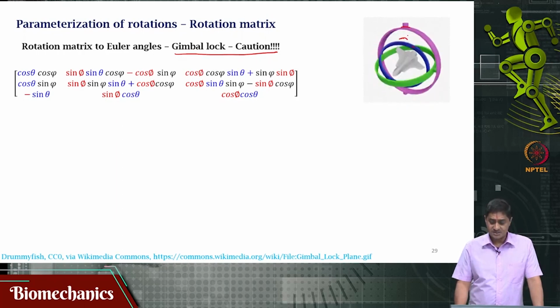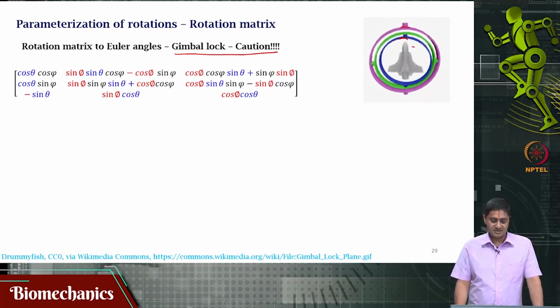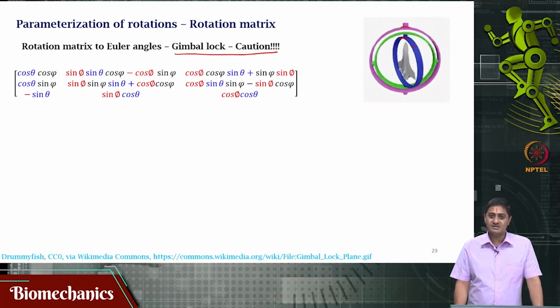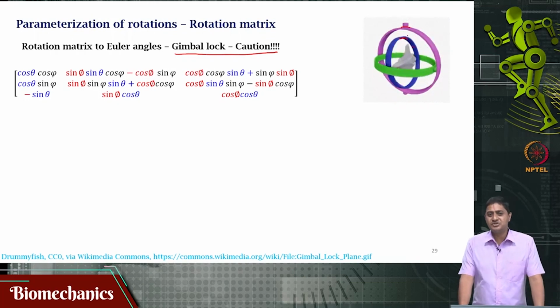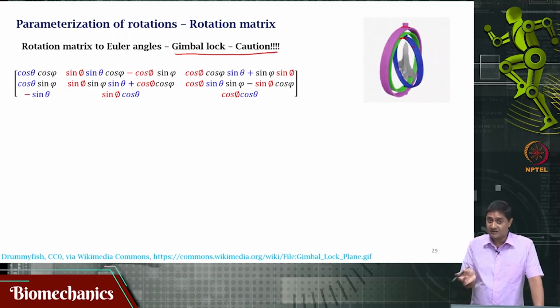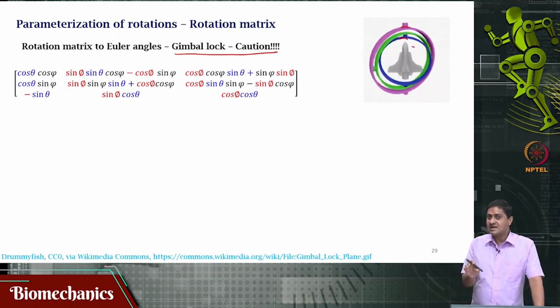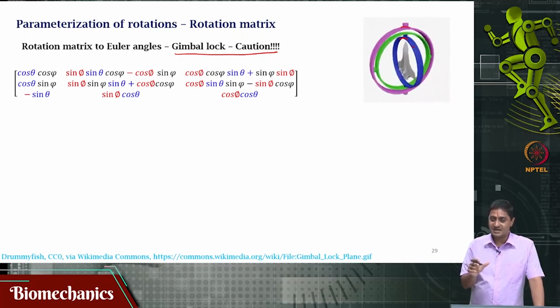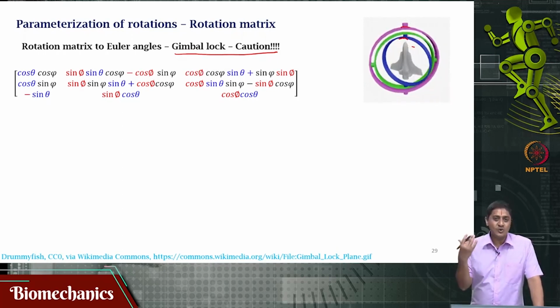So when you do this, you need to be a little cautious about the conversion from rotation matrix to Euler angles, because this is an issue that comes only when you are dealing with Euler angles. Something to keep in mind. When this gimbal lock happens, there is some uncertainty or ambiguity about the way you represent data. You need to be sure about how you are representing this data, otherwise, because you are only using software to plot,